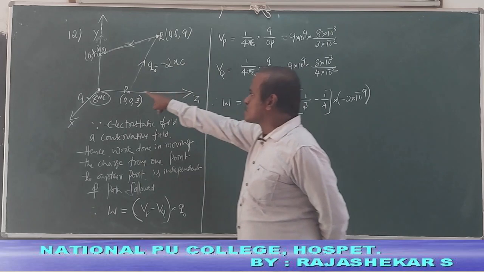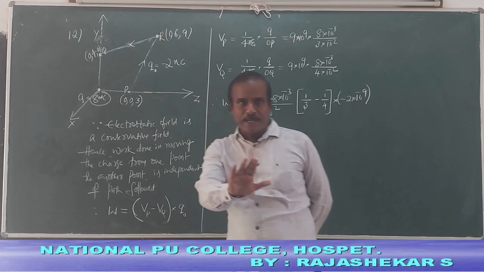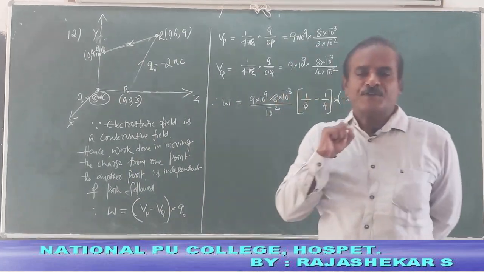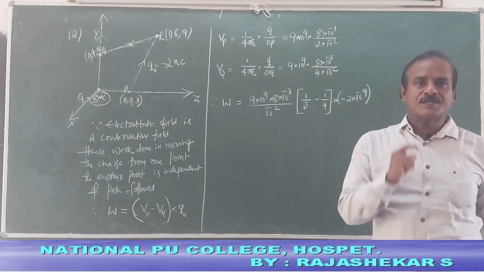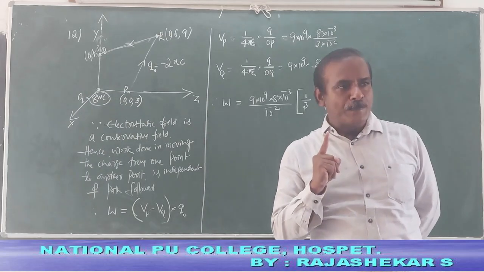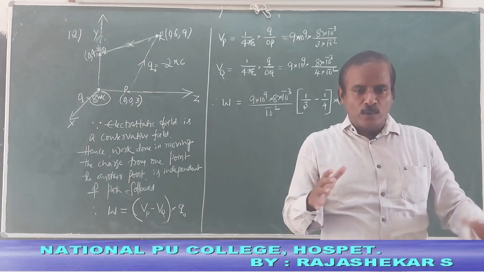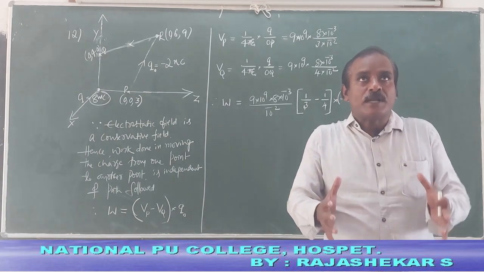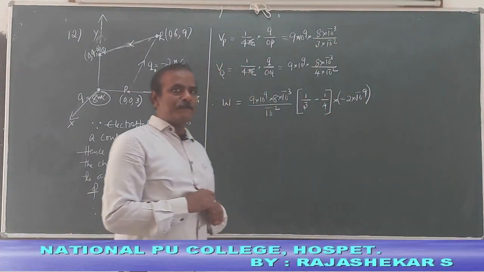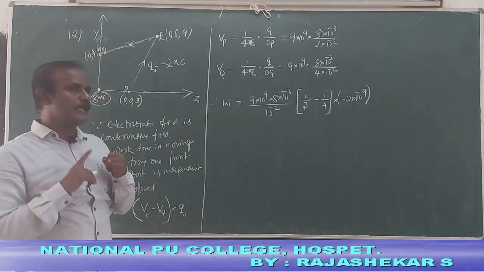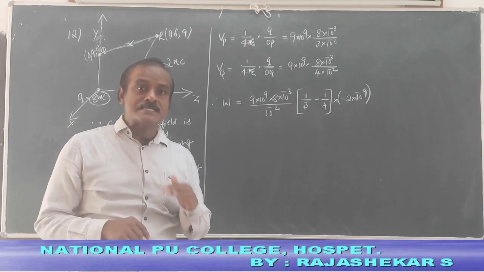Hence, it does not matter that the charge Q naught moves from P to R and then to Q. It only matters from which point to which point it moves. It is similar to gravitational force. Work done in moving a body against gravitational force is independent of path followed. It only depends on which position the body is raised from and to. So, position matters but not path. Accordingly, electrostatic force, gravitational force and their corresponding fields are conservative fields.